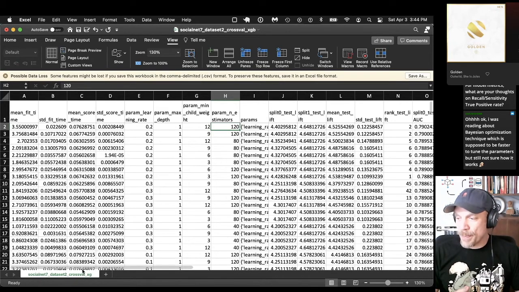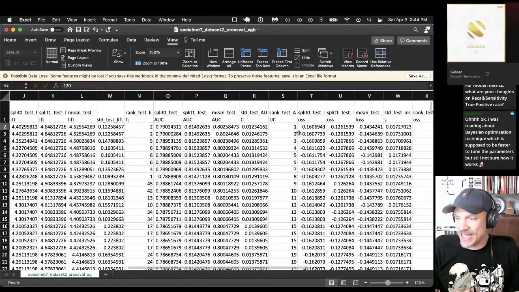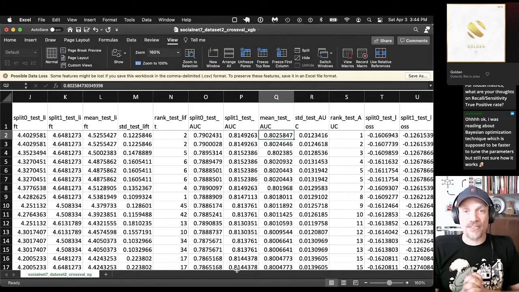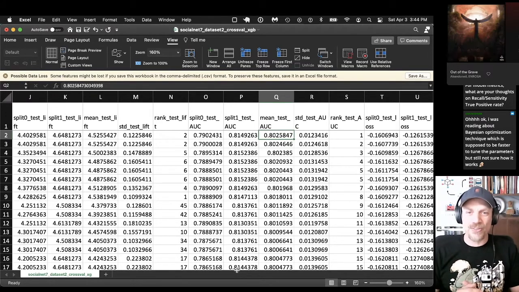And this is actually the best, because remember, we sorted them by the AUC. So this has the best AUC, which you can see here in the small font, is 0.8. I'm not showing the training AUCs, the in-sample AUCs, in this file, because those are mostly interesting when you're demonstrating the difference between training and testing.